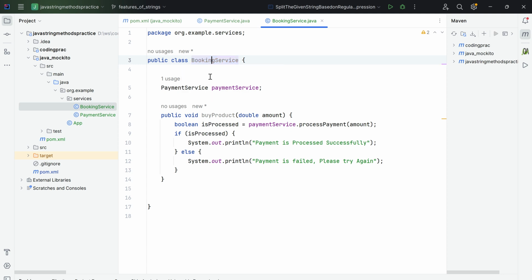So, in order to test this booking service, it's not at all possible. There is a payment service as well, right? The booking service internally makes a call to the payment service. So when you are making a call to the booking service, internally the payment service methods are also called, right? So what we have to do is mock this payment service class